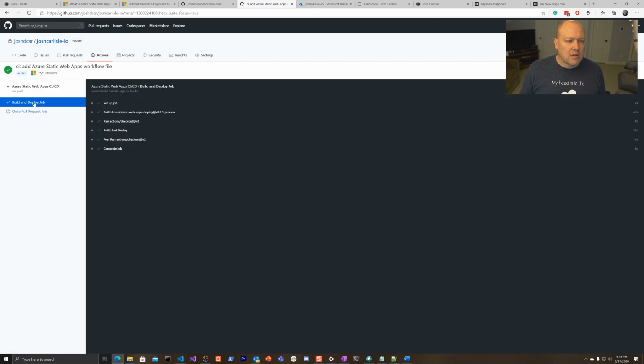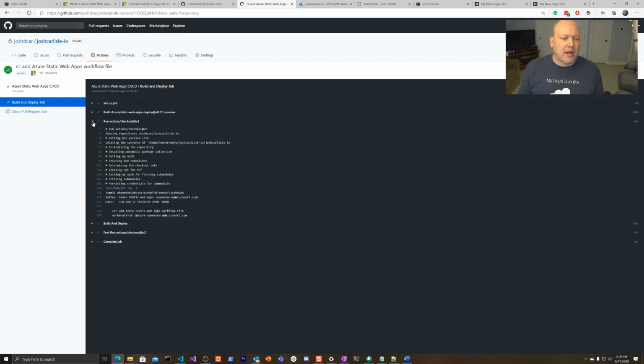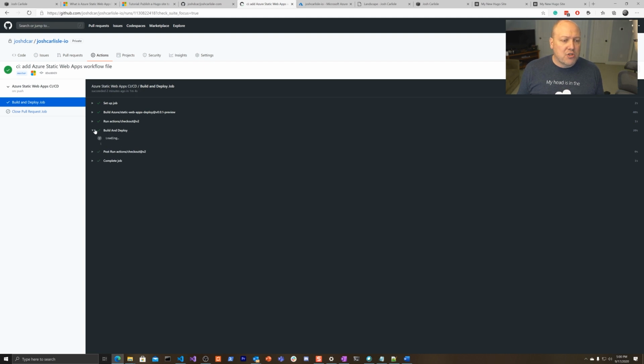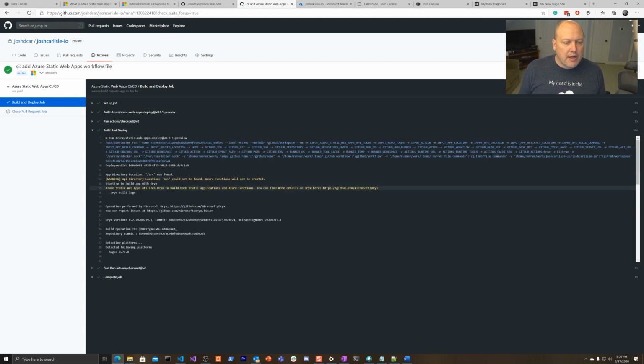Great. So it looks like it's actually already gone through and it's probably already deployed it. But let's go ahead and break things down a little bit. It's doing a little bit of a setup job here and loading up some containers. So this is actually running in a container for us, the actual build process. It's going ahead and pulling all of our source code, and it's doing a build and deploy here. And we can see here some different steps that it's going through.